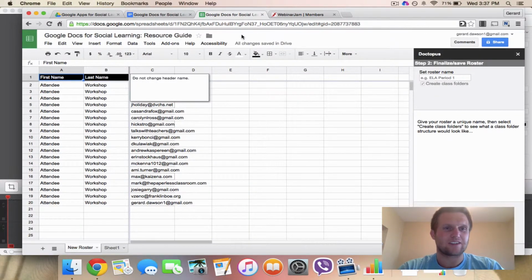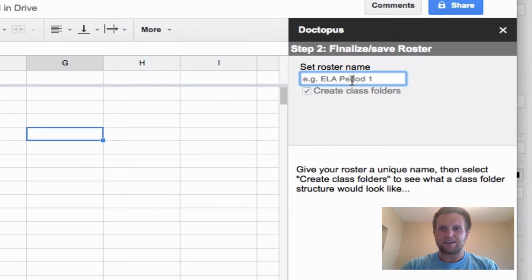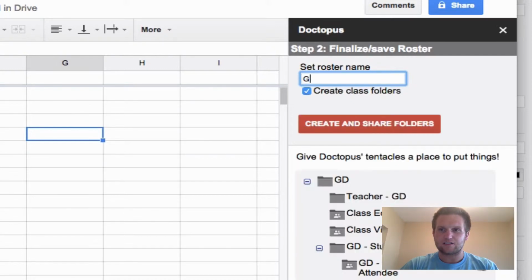So if you just name this spreadsheet for period 1, all of your students are going to receive a document that's called Spreadsheet for Period 1. And we know how sometimes it can be hard to reel back in the class when there's confusion like that. Okay, so I'm going to set the roster name and say GDocs Workshop. And then I'll do